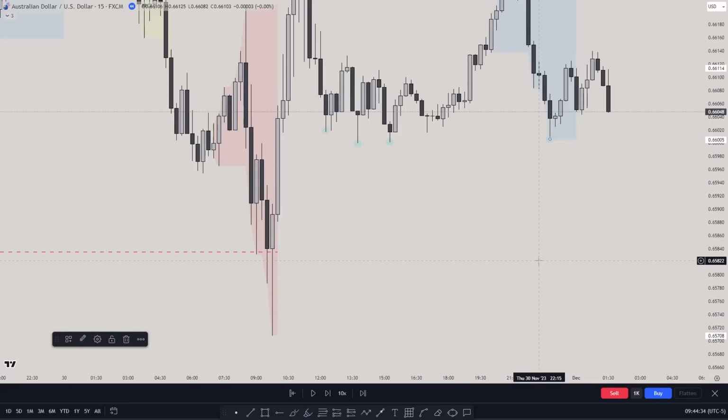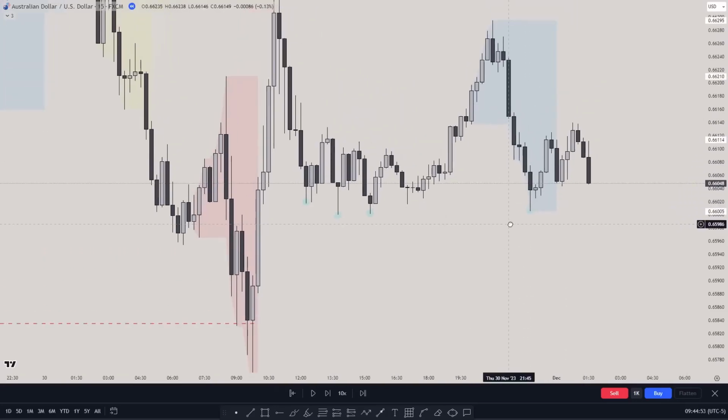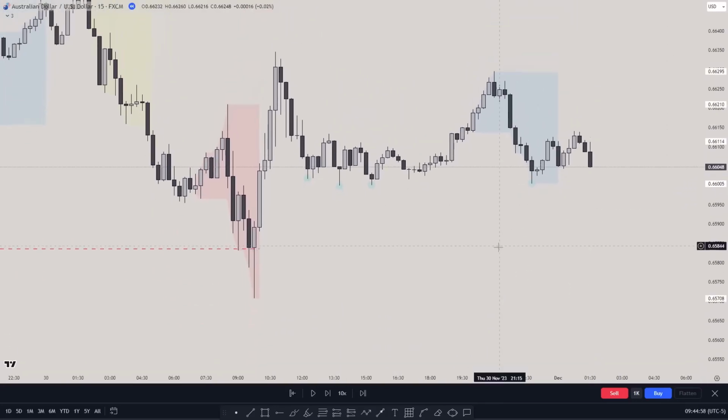And why? Because this fair value gap was filled not in the right time. This is 1 p.m. and this is about 3 p.m. Those times are not in kill zone. This one was on the Asian session, so price was not actually ready to go up. So what I said at this moment, okay, I want to be scalping. I want to be looking at those lows as the liquidity level. So we already have the change of character. This is all confluences.